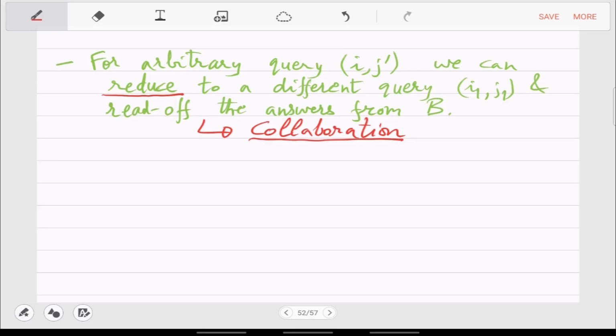So these things are not independent. There is some correlation between them, and the job of your pseudocode is to actually formalize this correlation, how this actually works.